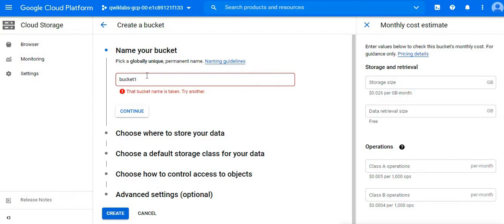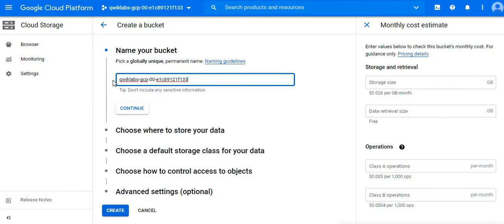If we try multiple names, they may all be taken, so the best practice is to use your project name as the bucket name, which is not going to be the same anywhere, because the project name is also unique globally. It's easy to remember, since the bucket with the project name is attached to the same project. So it's easy to manage if you have lots of buckets and lots of projects. And you can assign a bucket to a particular project as well.